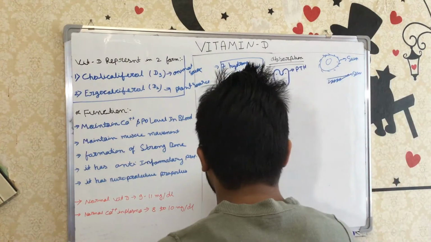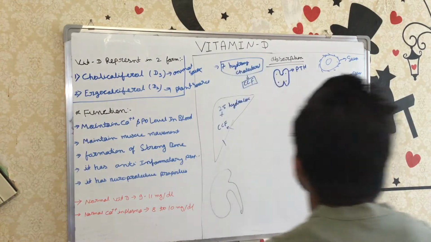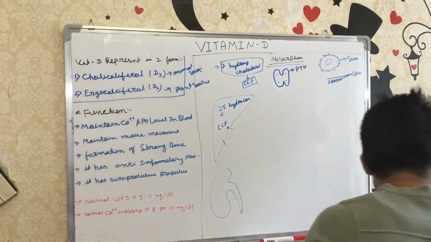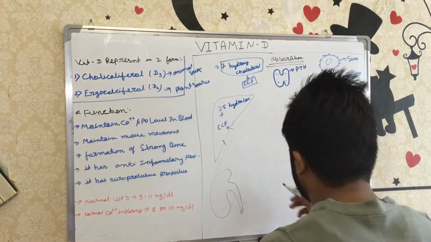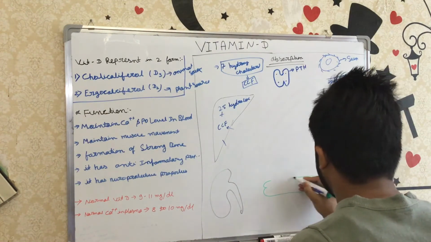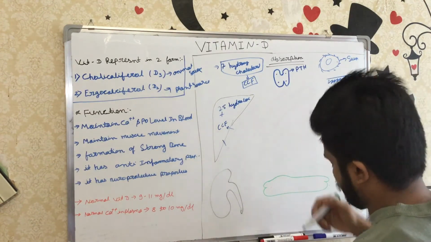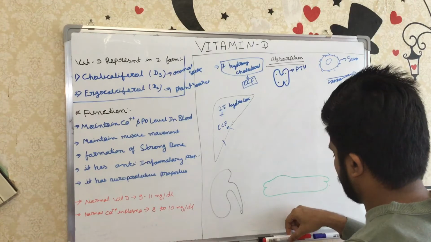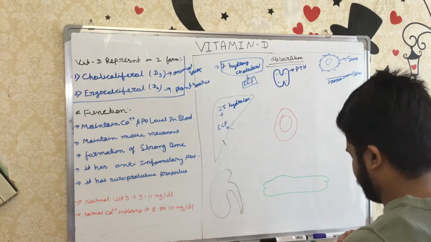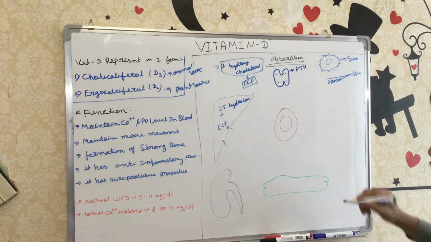So we'll make the kidney again. This is the kidney, and this is the bone. This is the blood circulation, and the GIT, we already discussed the GIT. So whenever calcium will